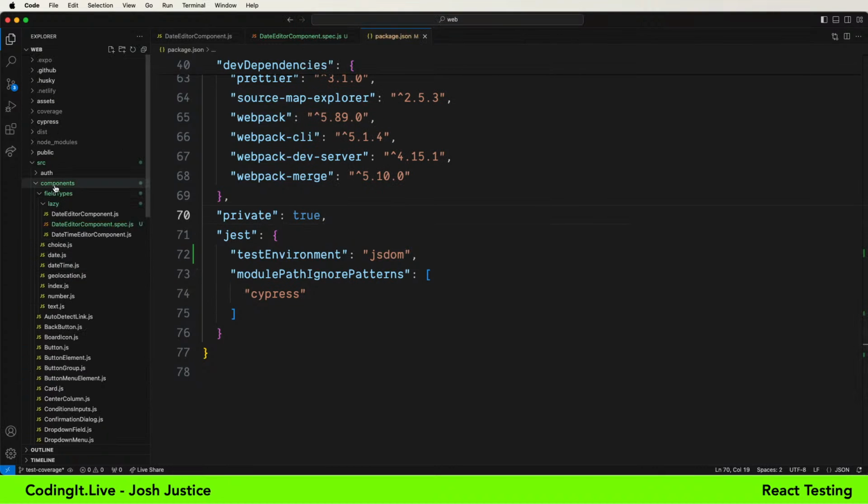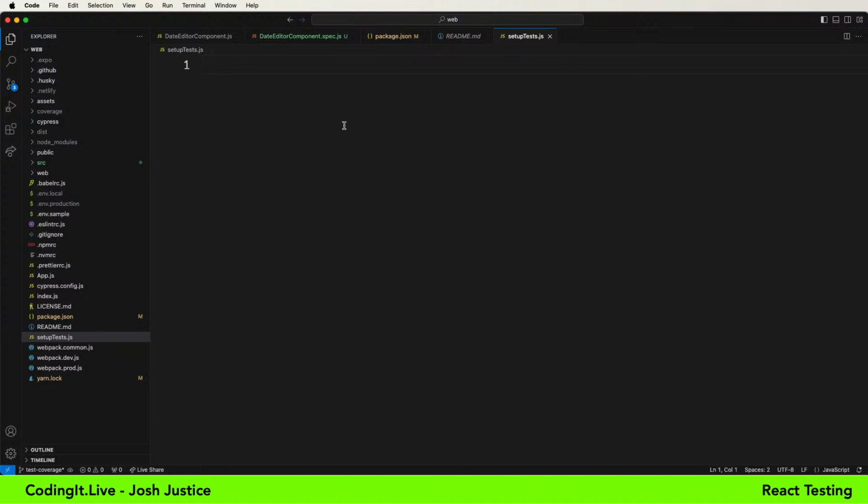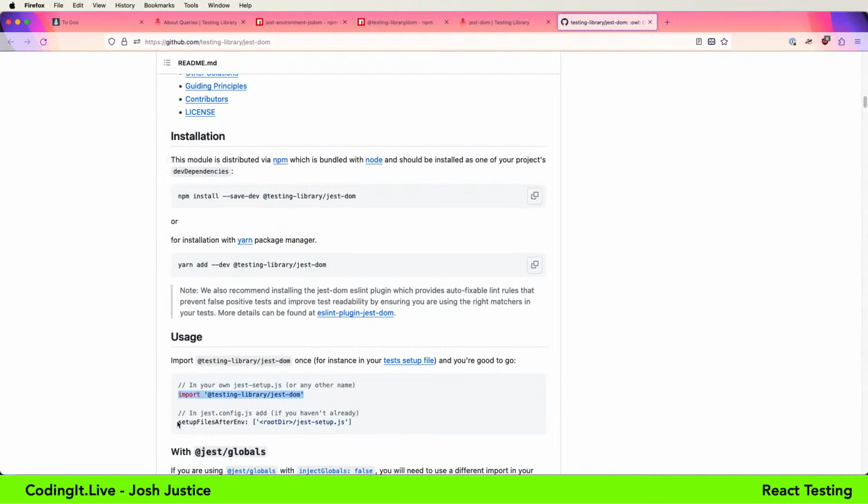All right. Setup tests. Import that, and then let's look at that syntax for doing a test setup file.